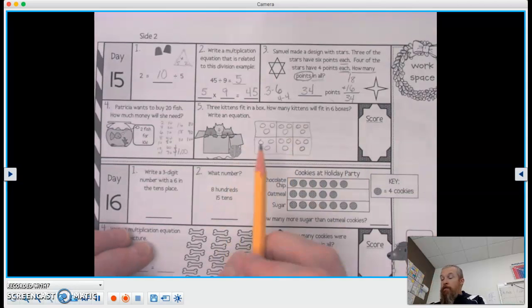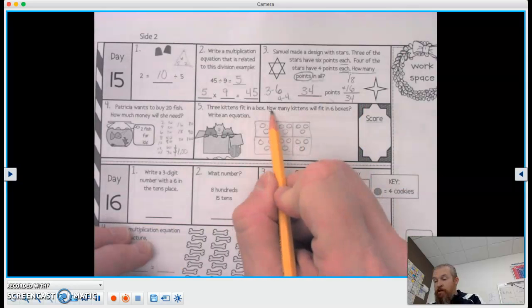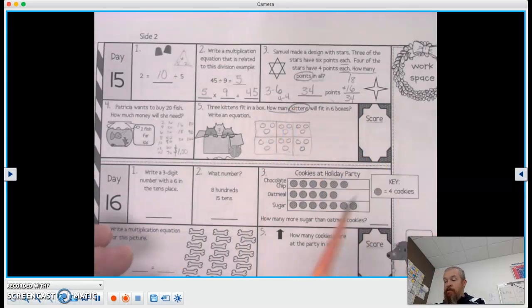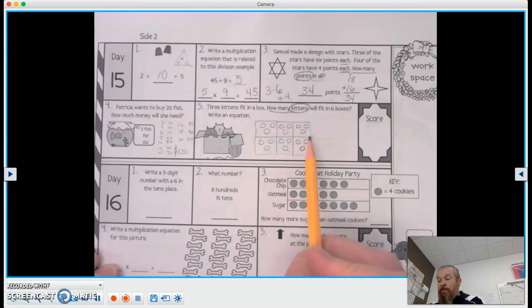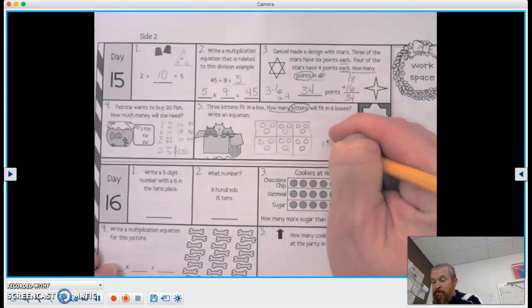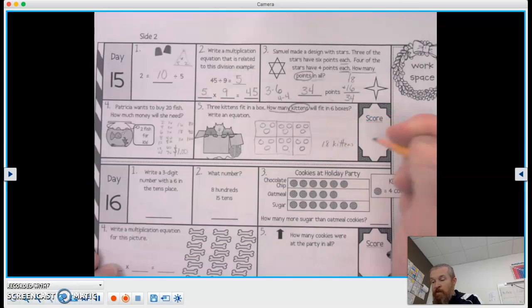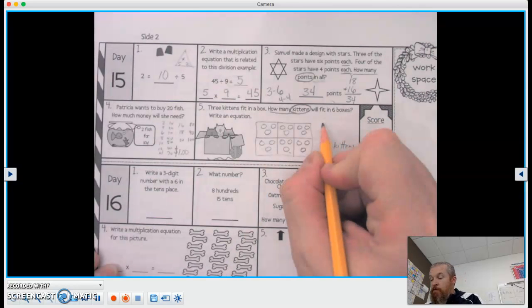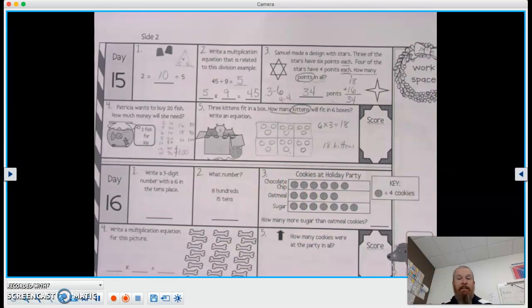Okay, so I have 3 kittens in each of these 6 boxes. How many will fit all together? 3, 6, 9, 12, 15, 18 kittens. We can also think of it as 6 boxes times 3 kittens in each box equals 18 kittens, because